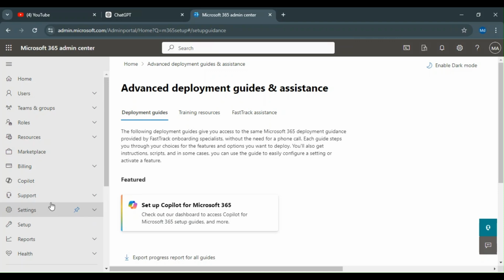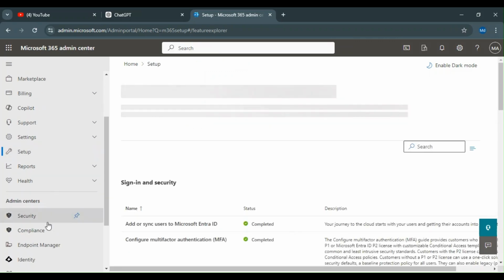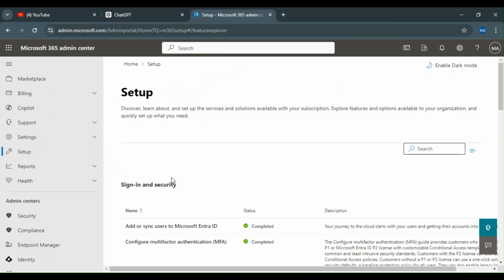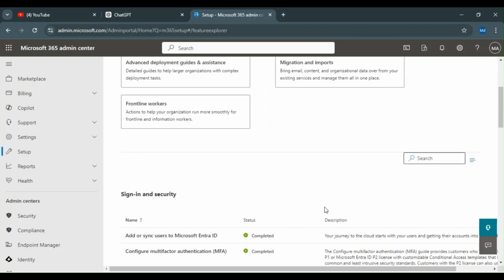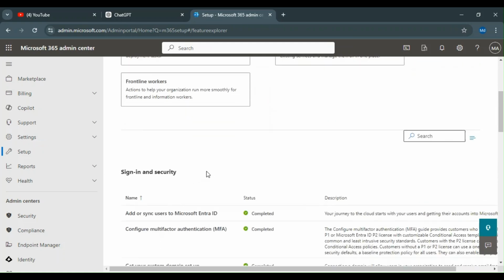So hello everyone. Today we are going to discuss some more features of the M365 admin portal. Here we are discussing the setup. Basically, if you have already purchased the M365 admin, or we can say the tenant you have created through your CSP partner, there are multiple options that you can use to enhance the productivity and security of